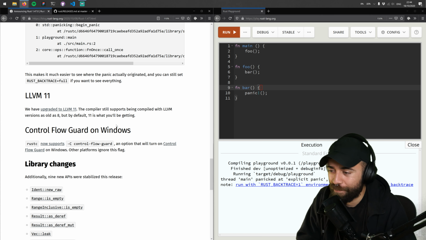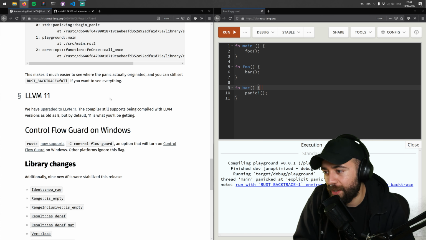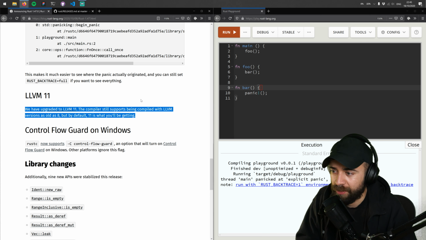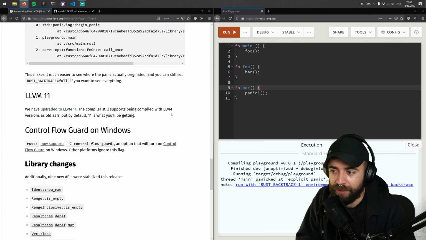All right, next point. LLVM 11. We've upgraded to LLVM 11. The compiler still supports being compiled with LLVM versions as old as 8, but by default 11's what you'll be getting. Okay, that's nice. One bug this fixes is,